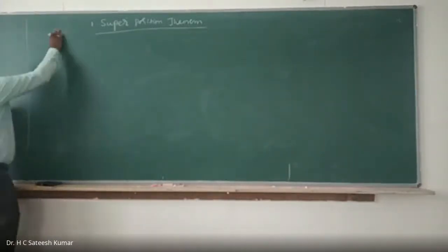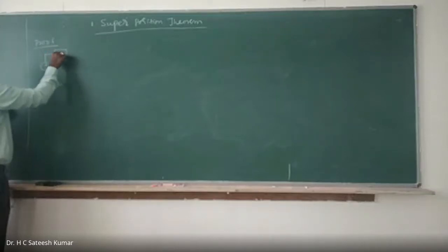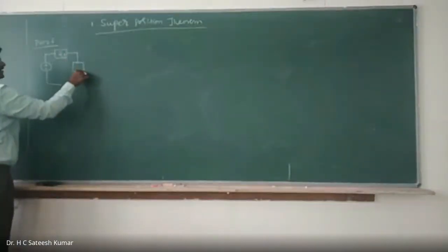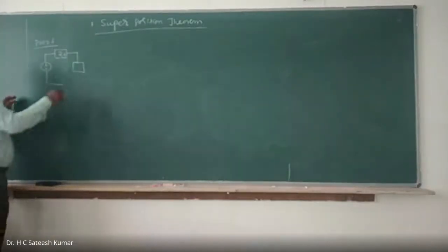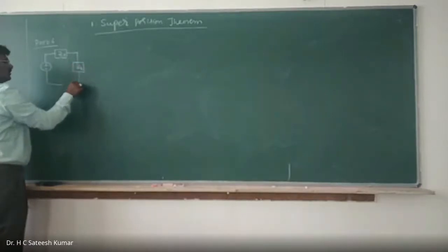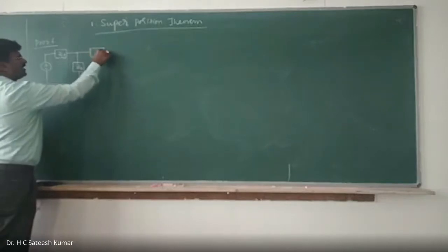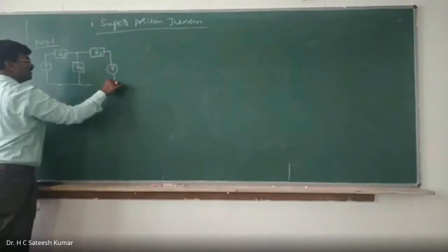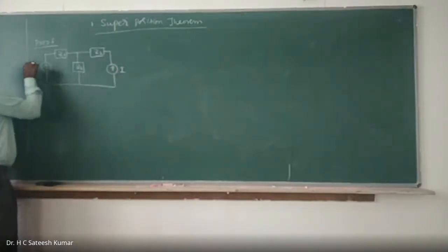Okay, right. Now let us consider the proof of the theorem. What I should prove is, let us consider a multi-source network. Let us say impedance Z1. Why I am considering impedance is, impedance includes resistance, capacitance, and inductance. That's why in general I'll take it as Z1, Z2, Z3. I'll take up one current source, it becomes very easy for me. Current source I'll call it as I, and voltage source I'll call it as V.